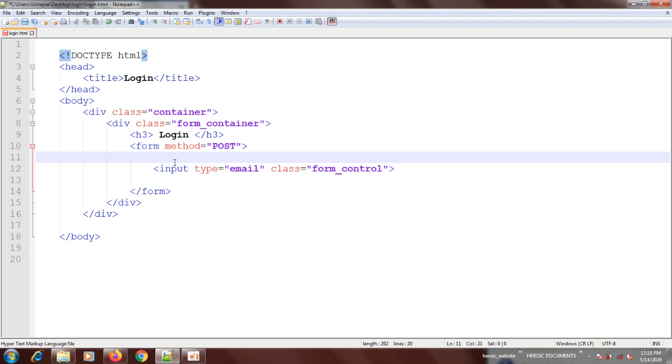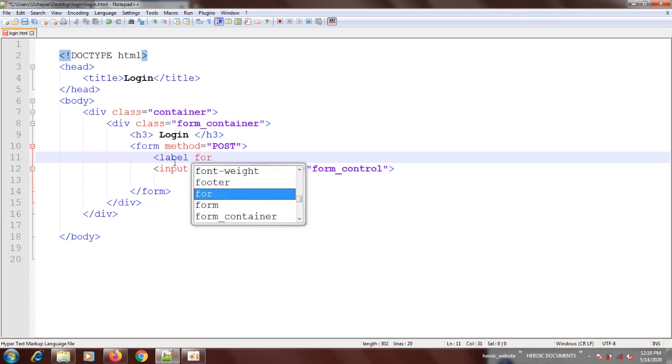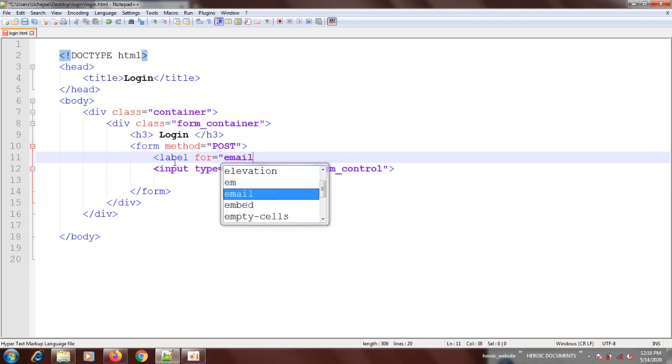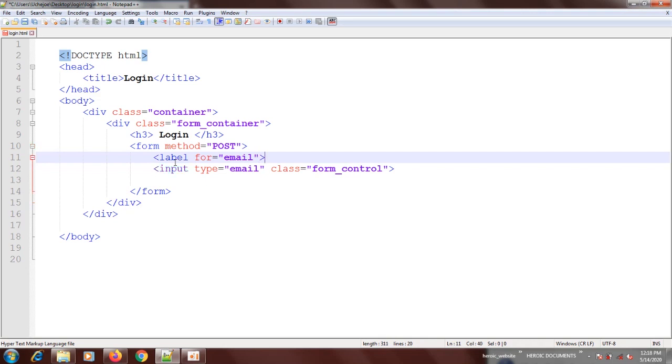Here let me add a label. So I'll say label for email. Then you close it. Then you put the label, what am I going to call it?